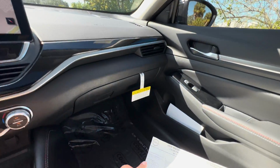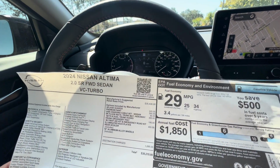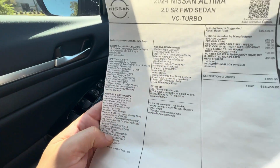That's about it though, guys, for the front seat of this 2024 Altima 2.0 SR front wheel drive sedan VC Turbo. It is a mouthful. A lot of standard features though. You guys can pause, take a look at all of these. With a